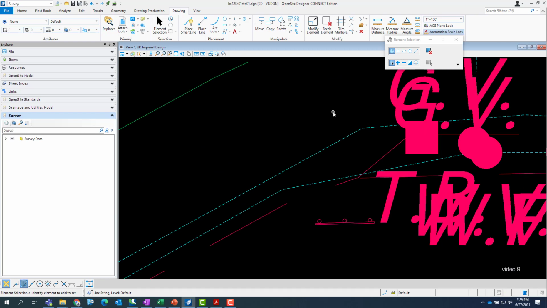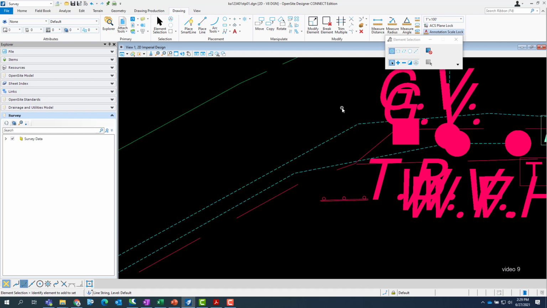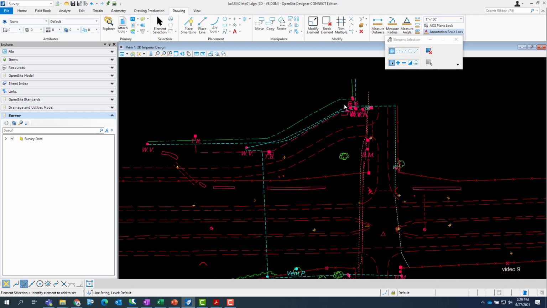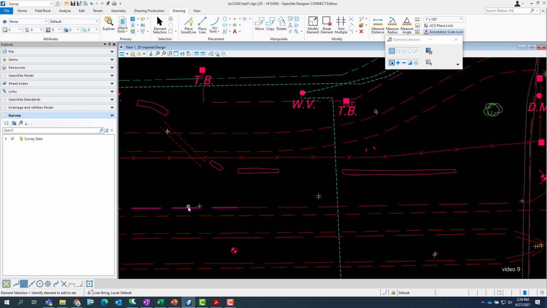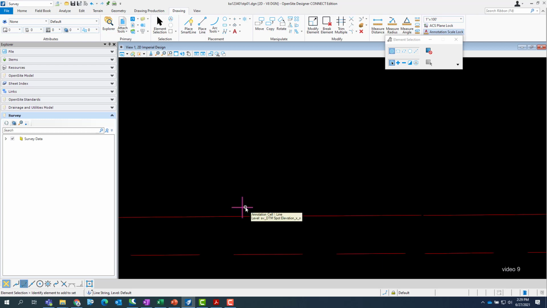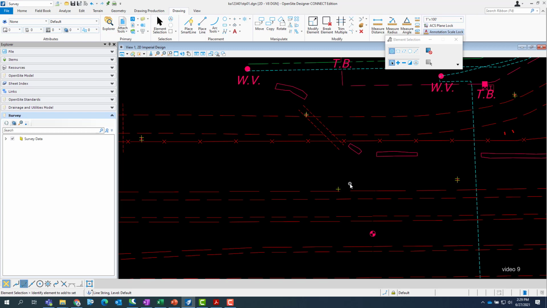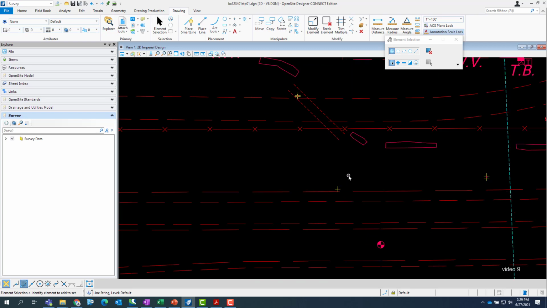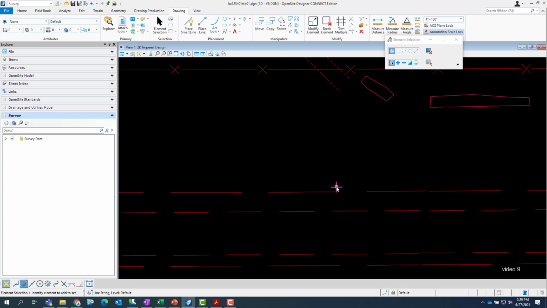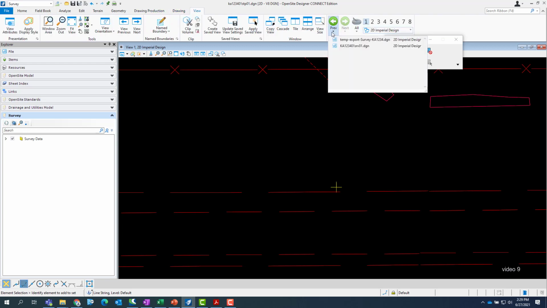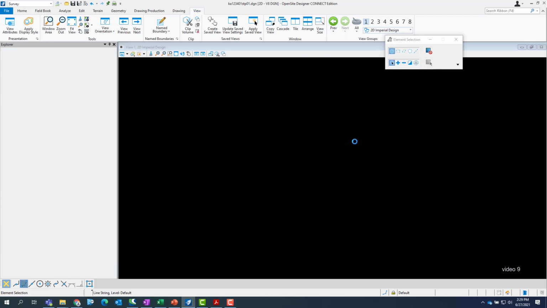Another location where we need to do some manual correction was at the single post signs for delineators. We left these markers on for signs that we'll delete out of this file after we find all the delineators. And a good way to find the delineators, I found this one because we knew where it was, but a good way to find some of the other ones is if we go back to the other file, the one that contains all of our survey data,